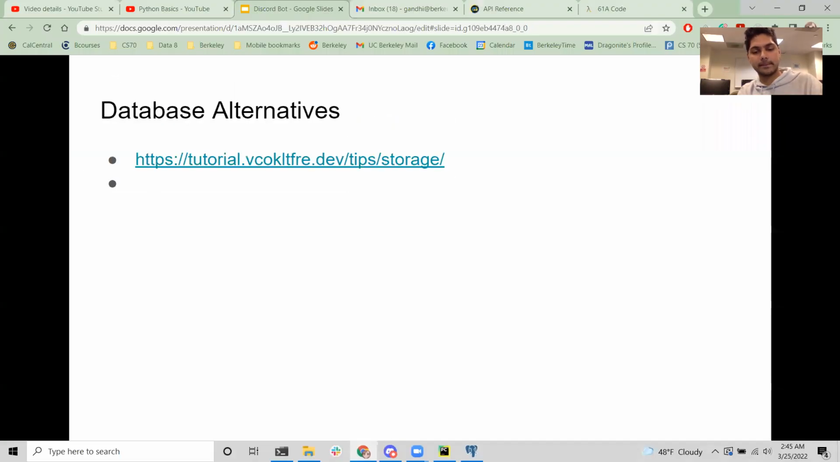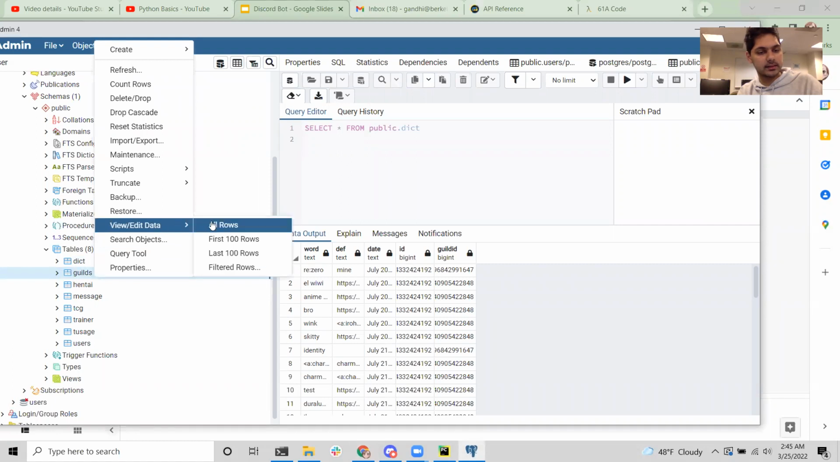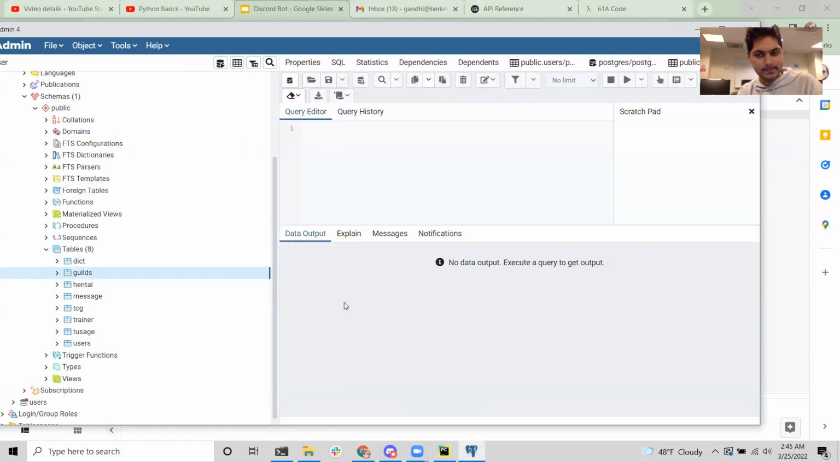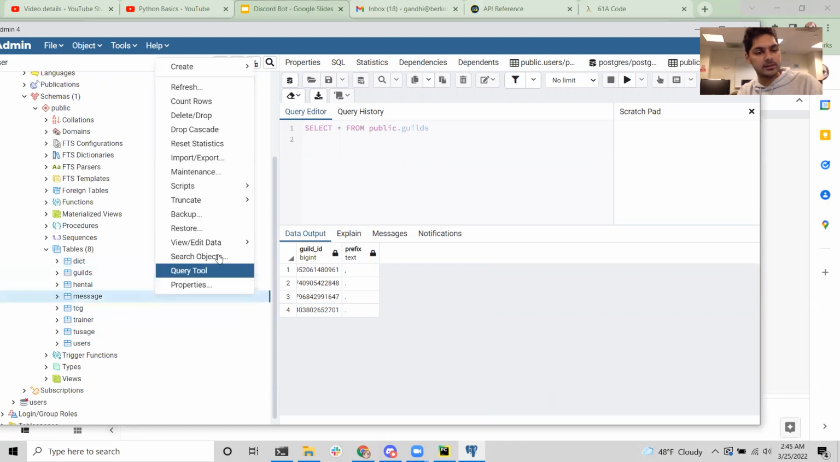Oh, I guess I can go over more about this. So guilds is, oh, this is just the prefixes. Like people can change their prefixes for the guilds. Message is